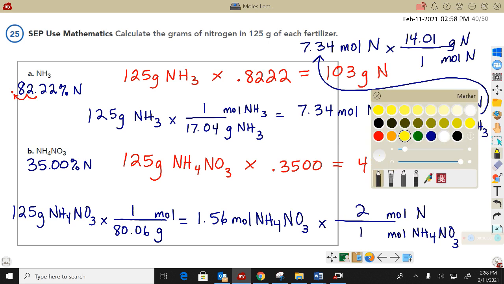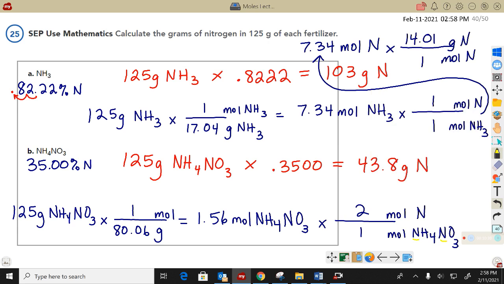There's 2 of them. 1 and 2. Even though they're not together, there's still 2 of them. Okay, so now I'd be multiplying by 2. And then I'd say 1.56 times 2 gives me about 3.12